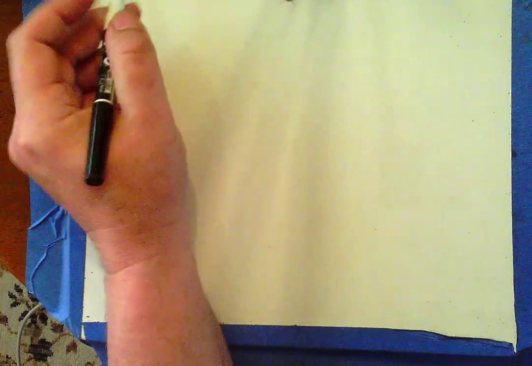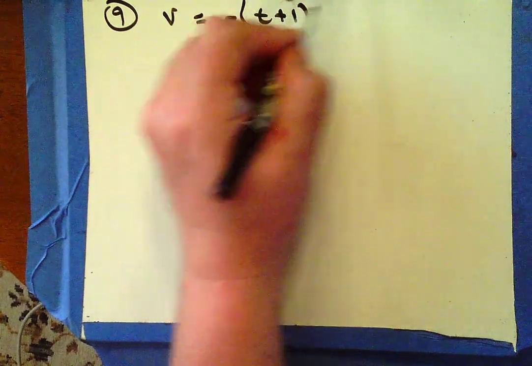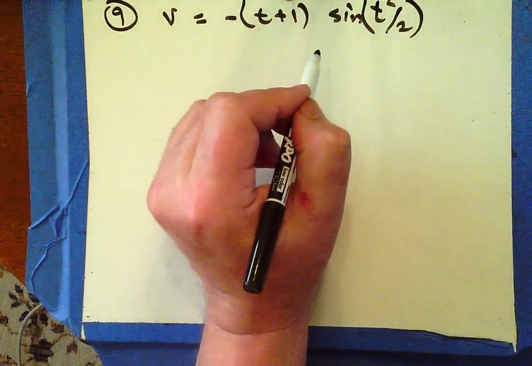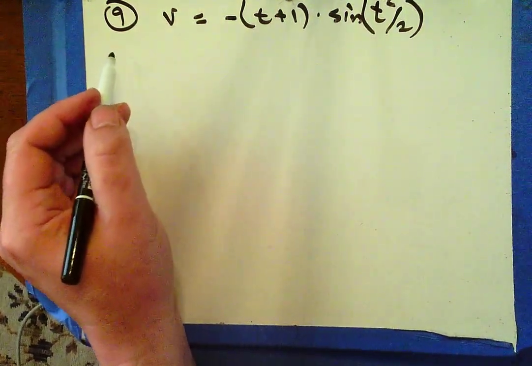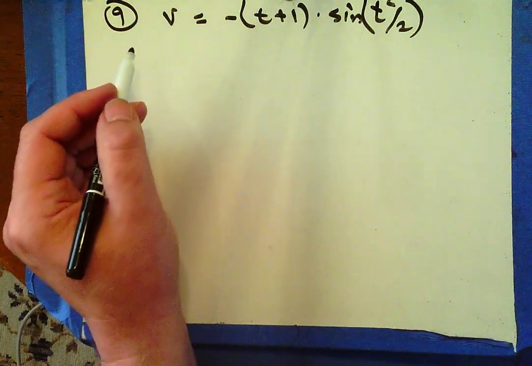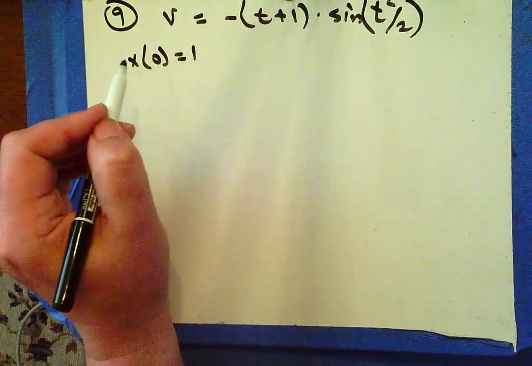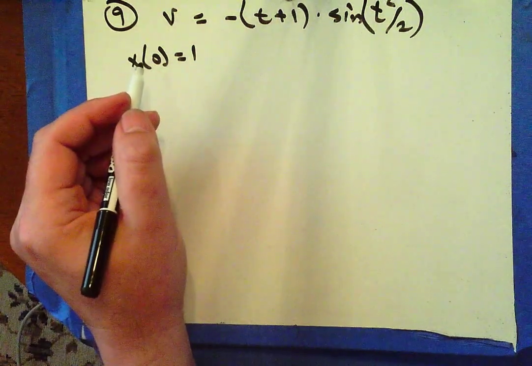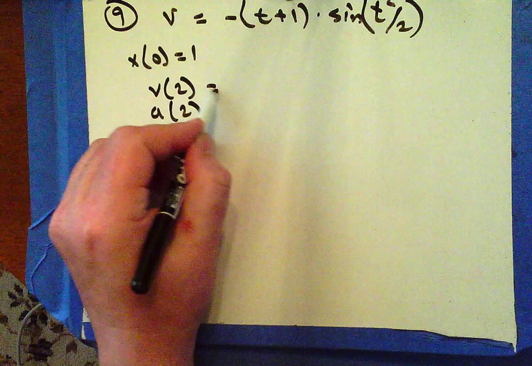Problem number 9 says, a particle moves with a velocity negative t plus 1 times sine of t squared over 2. And yes, this is with calculator. Phew, I didn't want to do this without calculator. Okay, what do they ask me to find here? Oh, and at time equal to 0, position is 1. So x of 0 equals 1, I'm also told. All right, find the acceleration at 2. Is speed increasing or decreasing? So I need to find v of 2, and I need to find a of 2,